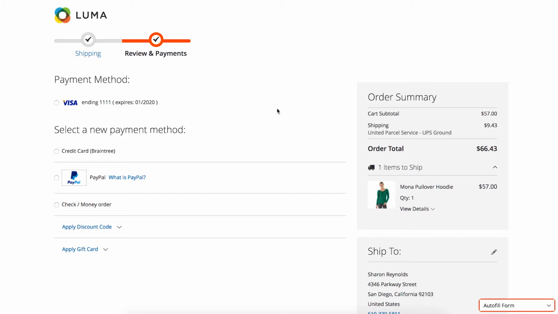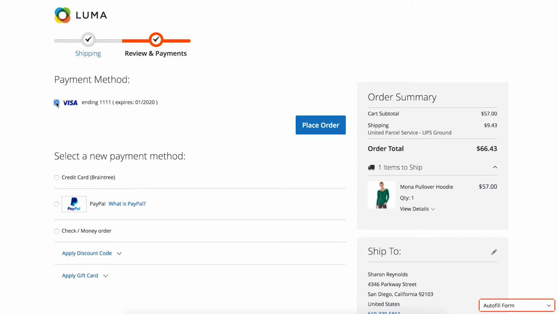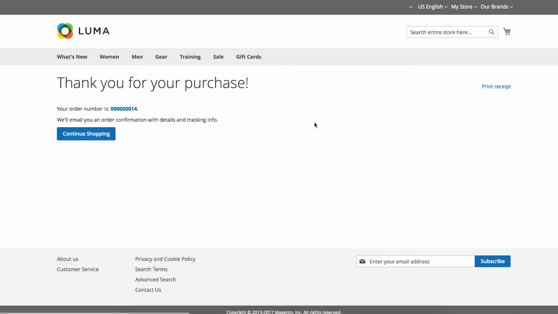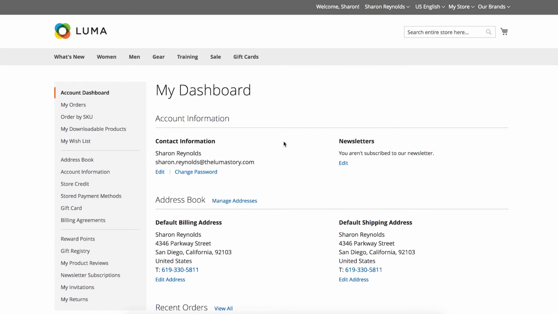For this demo environment, I've configured my saved credit card method. And so because I've saved my Visa with Luma, I'm going to go ahead and select that for checkout to make the process easier. Once I place my order, I have confirmation. I can always come into the My Account section to do a variety of customer-initiated activities or interactions with the